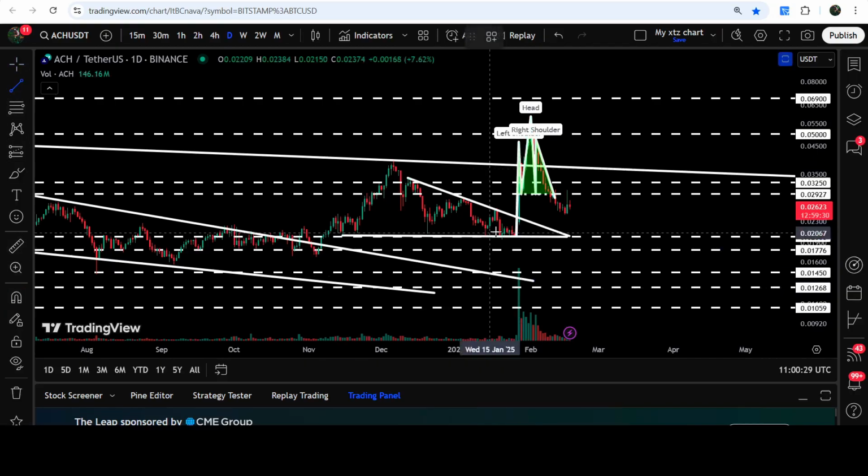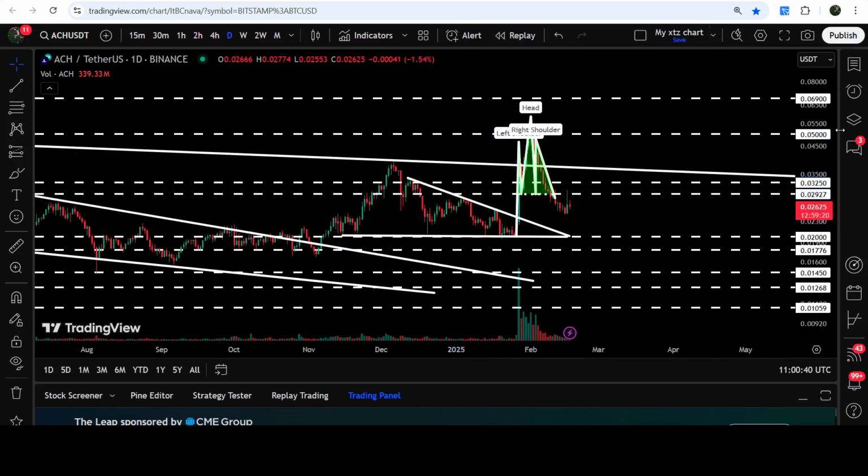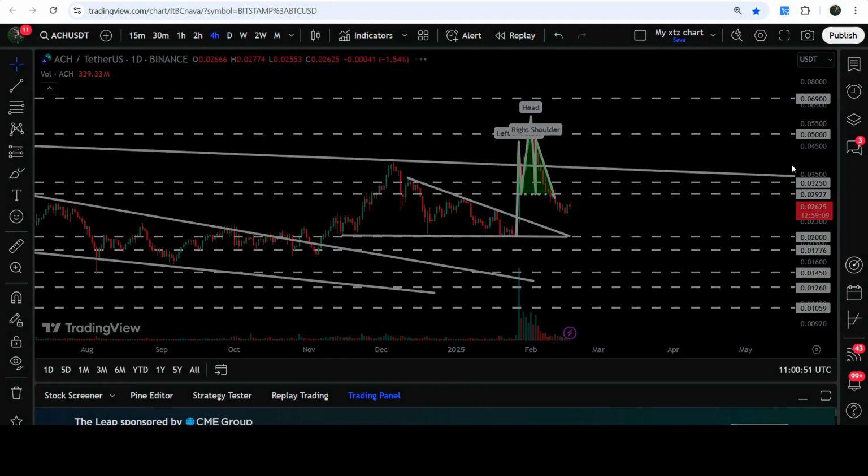And the technical target for this breakout from this descending triangle was here. That was approximately at 3.9 cents or 4 cents. And you can see that the price rallied beyond that target. And here, by the way, we had a very long-term resistance of 5 cents as well, and the price also got rejected by this resistance, dropped down, and now recently on the 4-hour time frame chart, the price